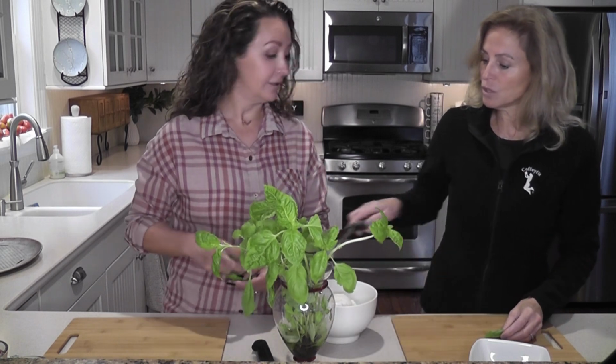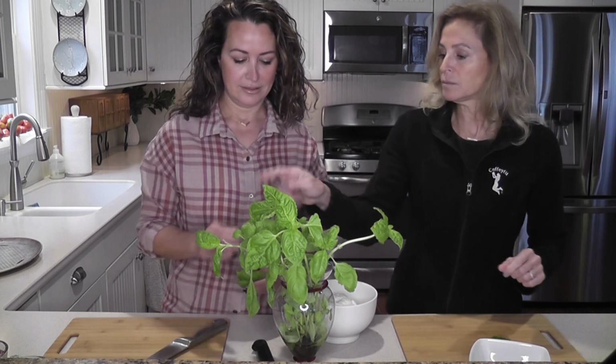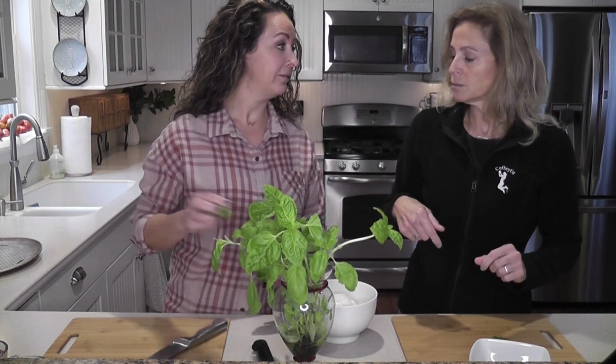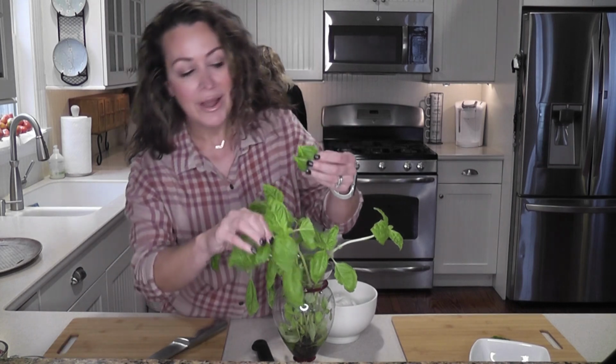How are you gonna cut it? You can use this knife. I'm gonna get a different knife. Okay. So we're just gonna chop it. I'm gonna do a little chiffonade. What does that mean? You don't know? I'm gonna show you. Show them. You stack them a bunch, and then you roll it